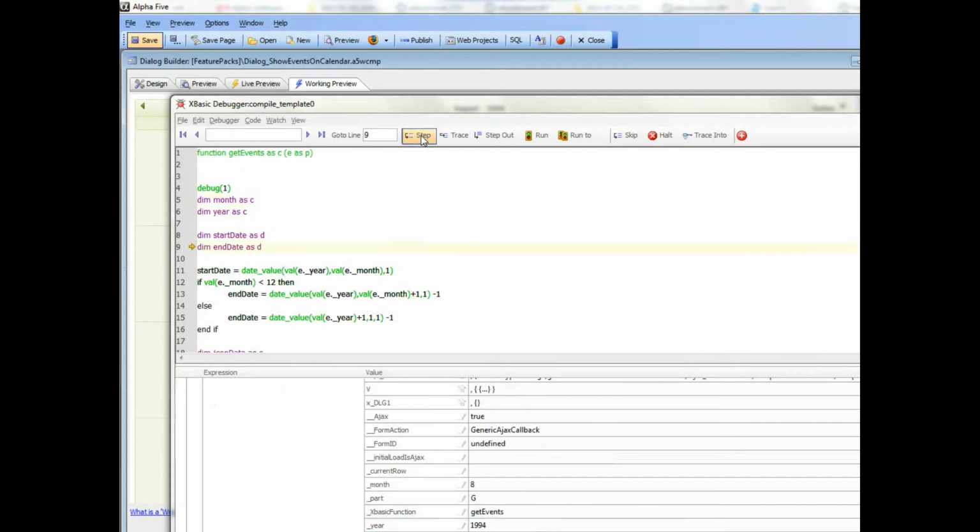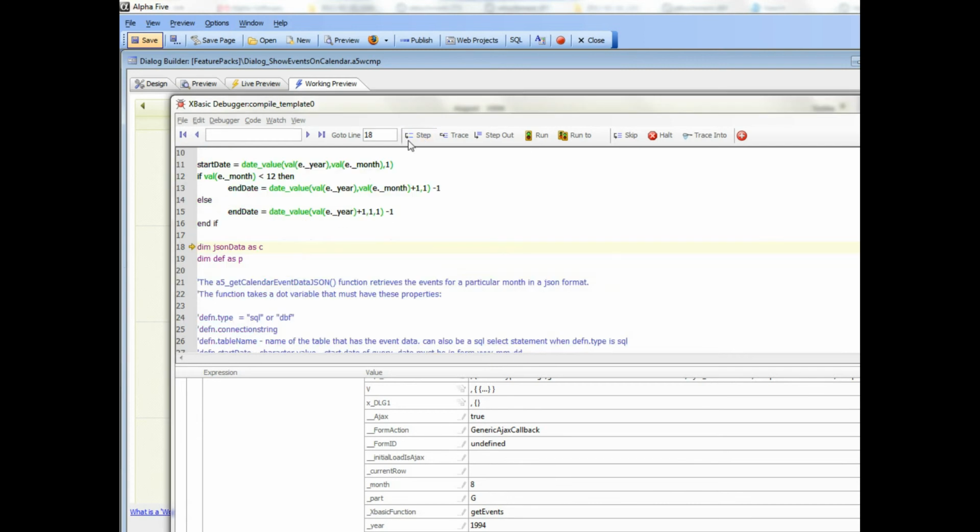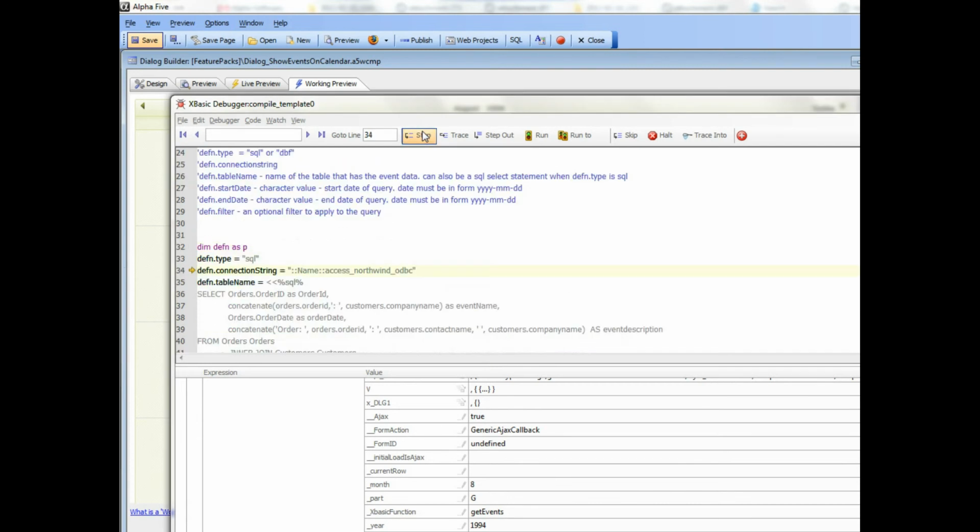So step. So here we construct a start date. So we've now constructed a start date basically by using the Xbasic date value function. And we took the year and the month, and then we took the first of the month. Then to get the end date, we basically added 1 to the month and then moved back 1 day. So this gives us the end dates, and we don't need to know the number of days in the month by just adding 1 to the month and then moving back by 1 day. So now we have the end date and the start date, and now we start